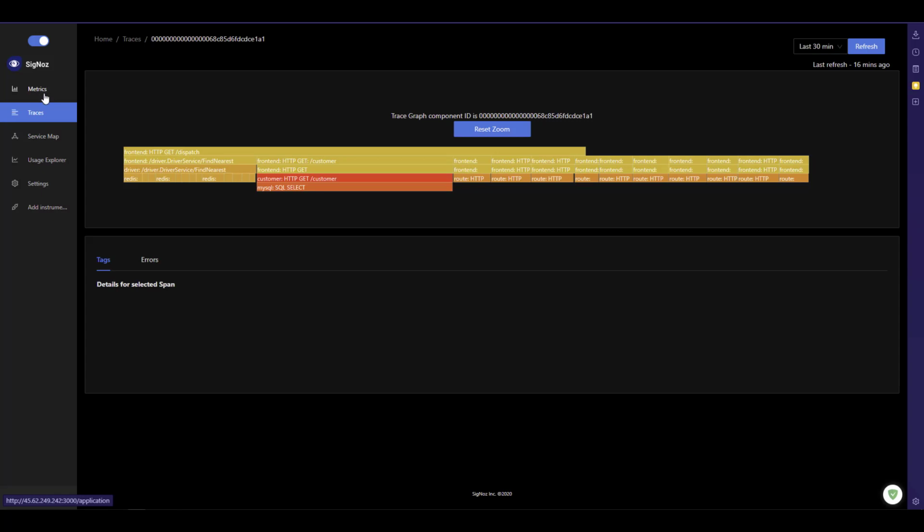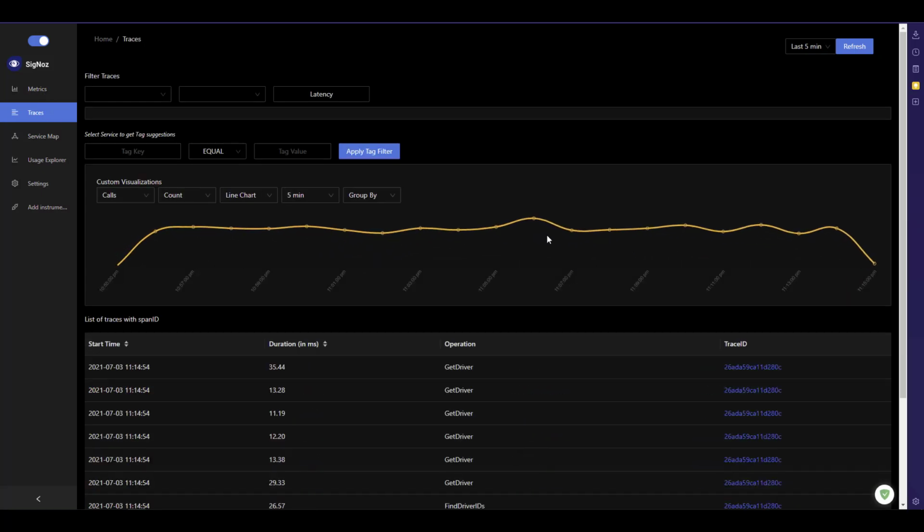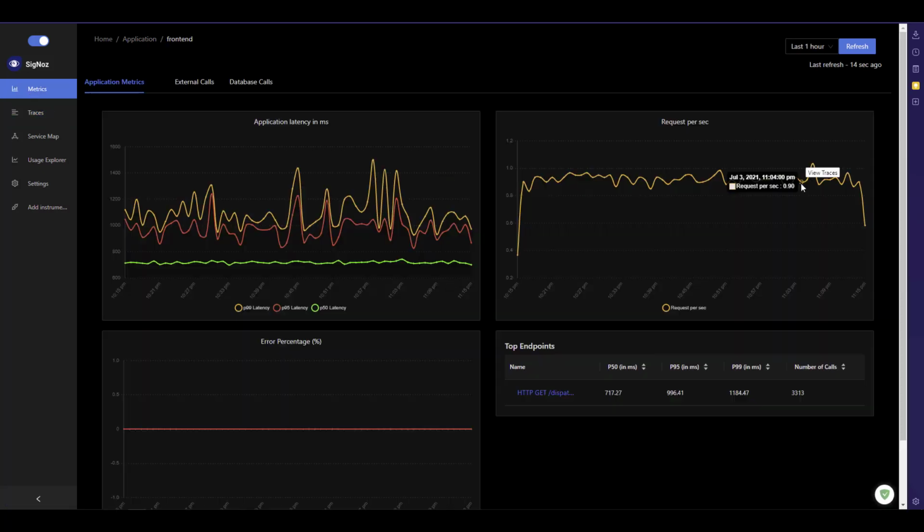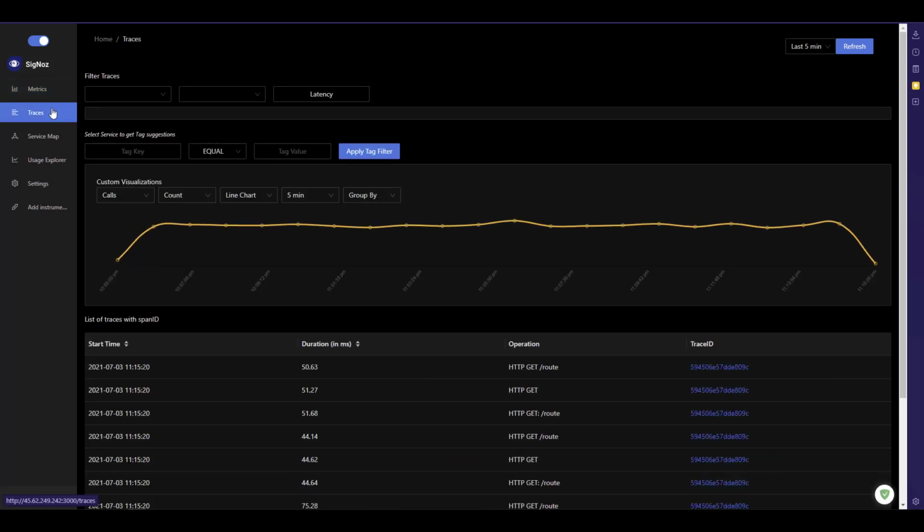Okay, now let us go back to the traces again. Similarly here also, you can just click and you will see the details. The view traces option is available only from metrics. Go to metrics, click on the data point and click on view traces, and it will take you to the traces. But inside the traces you don't get this option, because inside traces you already have the details. So here it will display only the label of your particular latency information.